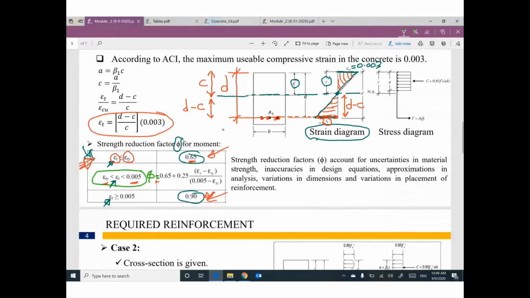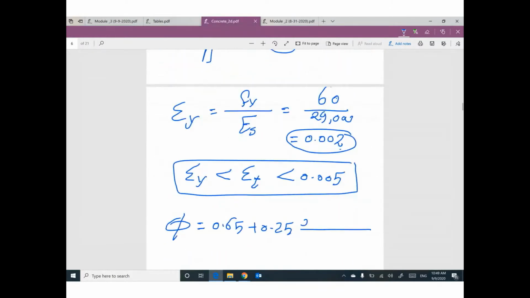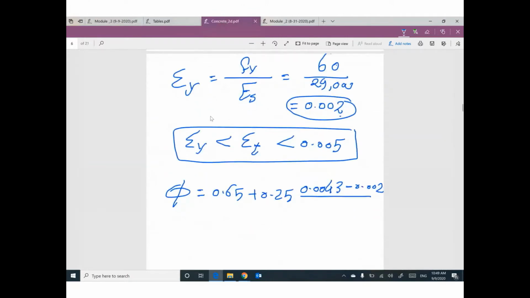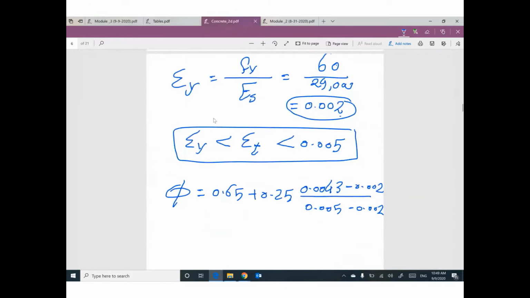Epsilon t, how much? 0.0043 minus yielding 0.002 divided by 0.005 minus yielding, I think. Yes. So your final answer will be 0.0023 divided by 0.003 times 0.25 plus 0.65,